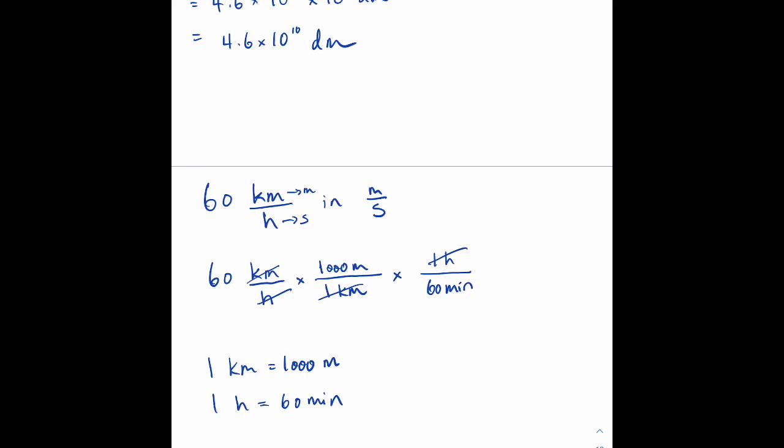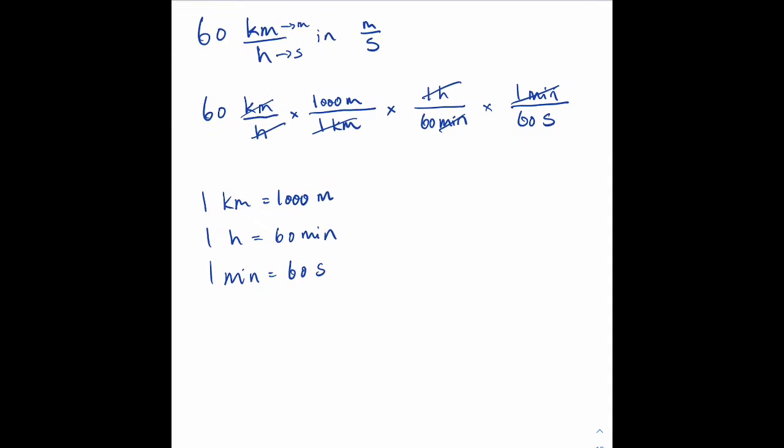Okay, I'm getting closer because now this is in meters per minute. Well, also 1 minute is 60 seconds. So now if I multiply just one more time by 1 minute over 60 seconds, now I can cross out minutes,